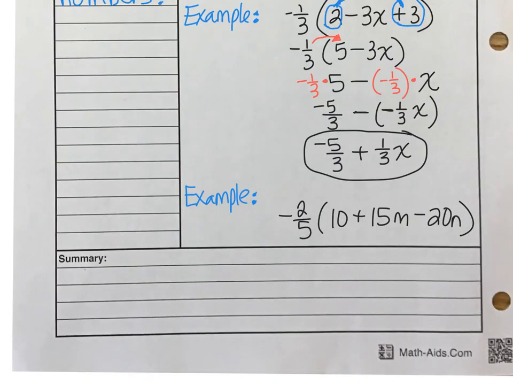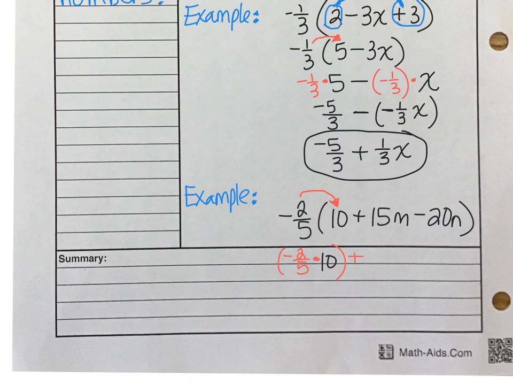Here's one more example. -2/5 times the quantity 10 plus 15m minus 20n. When I look inside those parentheses, I don't see any like terms, so I cannot simplify first. This time, I have no choice other than to just go ahead with my distributive property. So I'm going to take my -2/5 and I'm going to multiply times 10